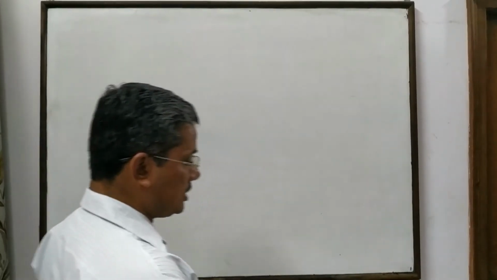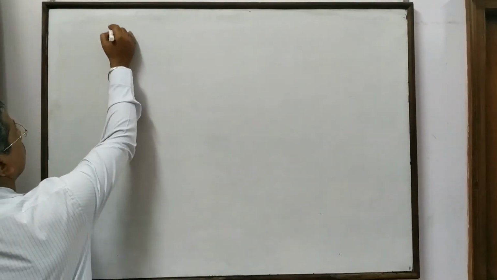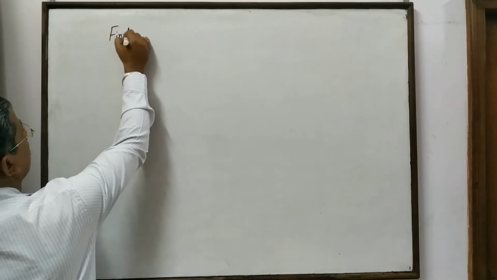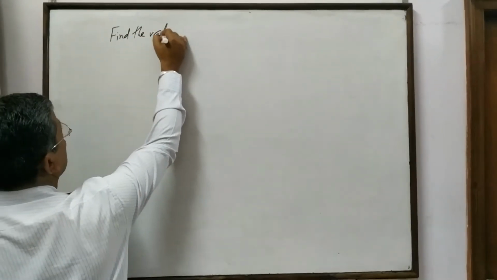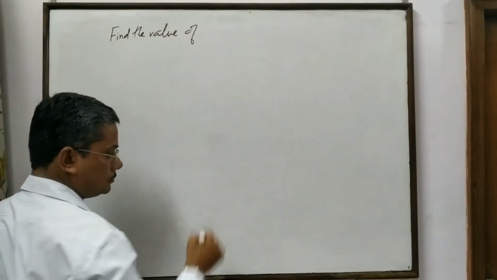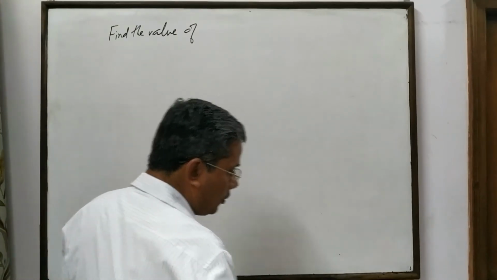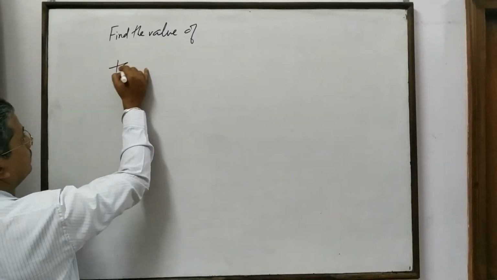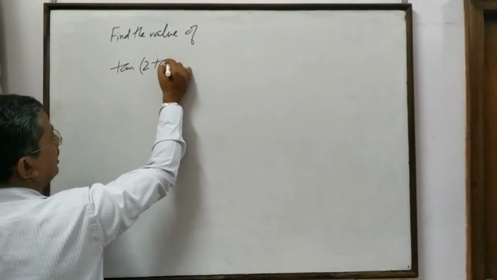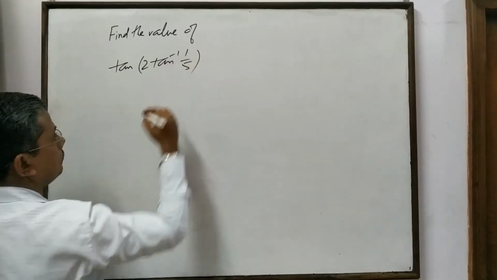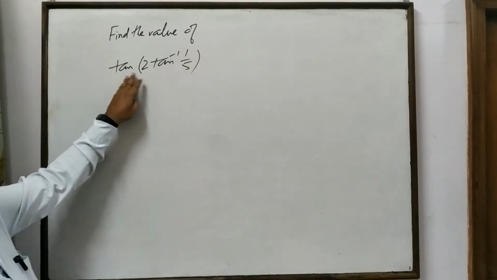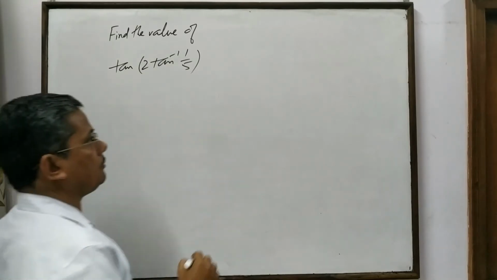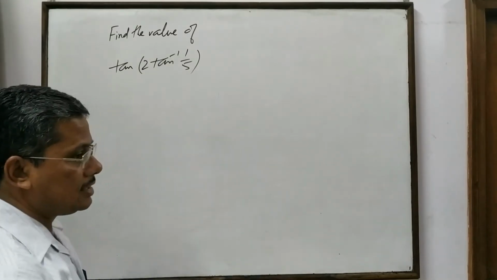तो फर्स्ट ऑफ ऑल क्वेश्चन सेज फाइंड द वैल्यू ऑफ tan of 2 tan inverse 1 upon 5. अब tan of 2 tan inverse 1 upon 5, इस क्वेश्चन को दो तरीके से कर सकते हैं। कैसे? पहला,